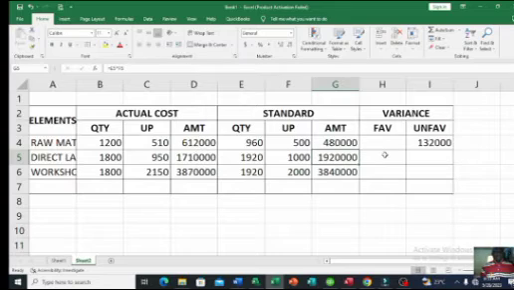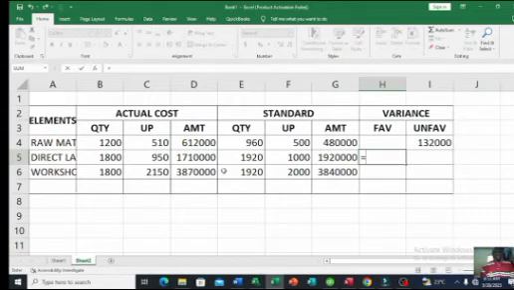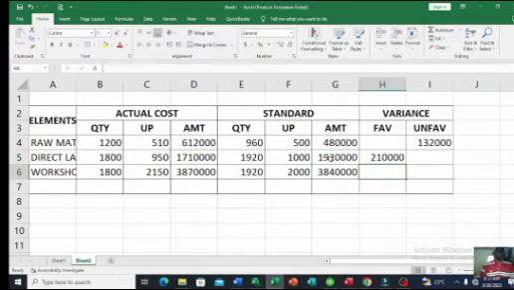So we are going to take this less this. This one is favorable because, with respect to the units that we have produced, we were supposed to spend only 1,920,000, but we ended up spending something lesser than that, which is 1,710,000. So it is favorable. And now let's look at the last one,